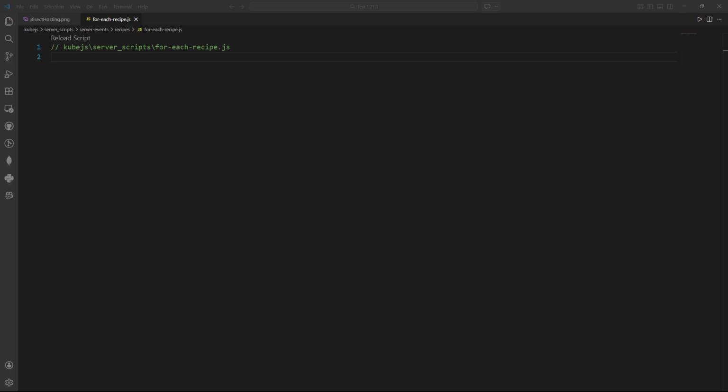Hello. In this 1.21.1 KubeJS video, we're going to be going over how to use the event.forEachRecipe function within the